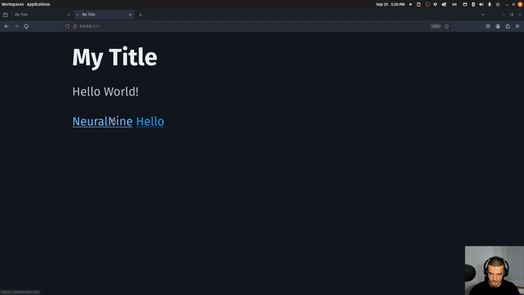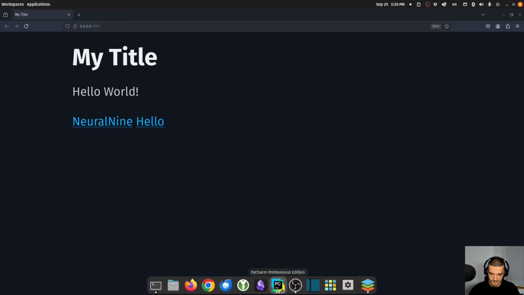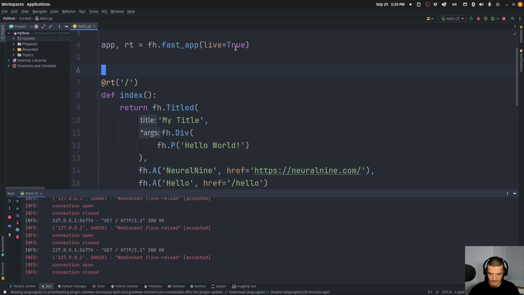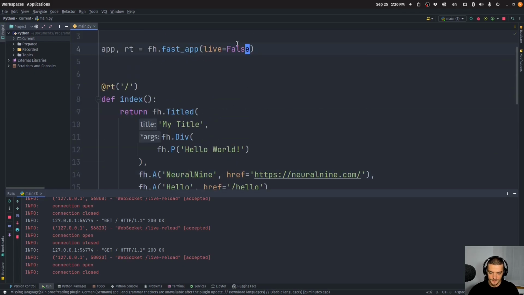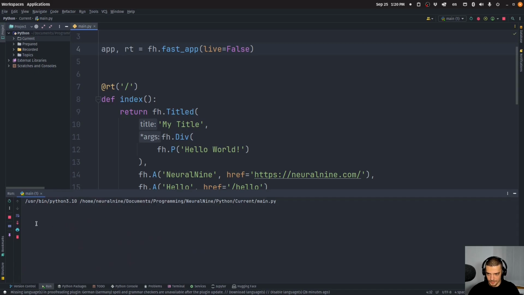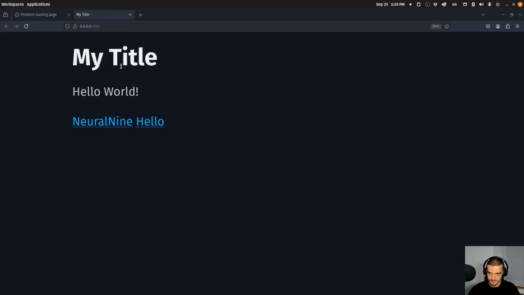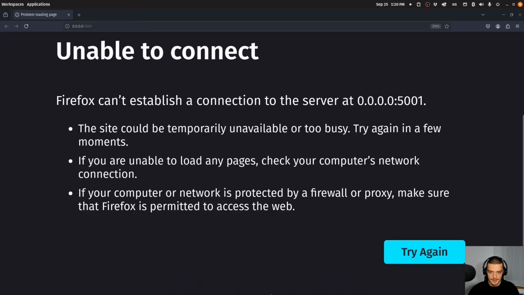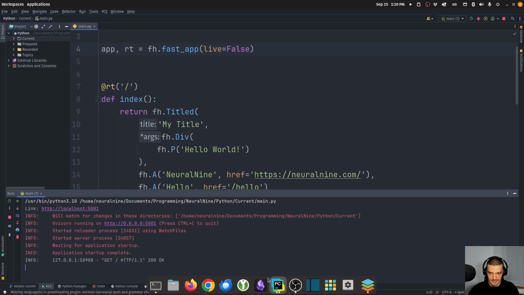can go back, I can go to neural9. Actually I cannot go to neural9. I think this is because I'm running this in live mode. I think I would have to say live equals false for this to work, because I think I already tried this and this was a problem. There you go. So now it works. But yeah, the basic idea is that I can define these